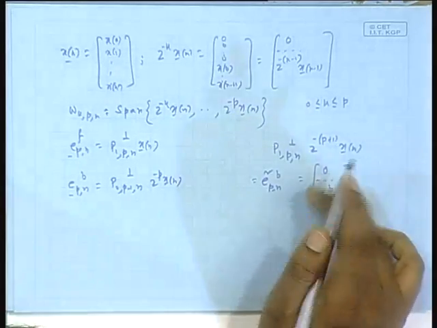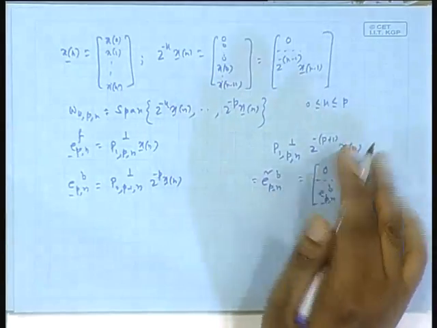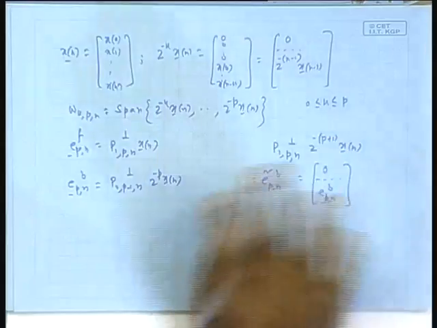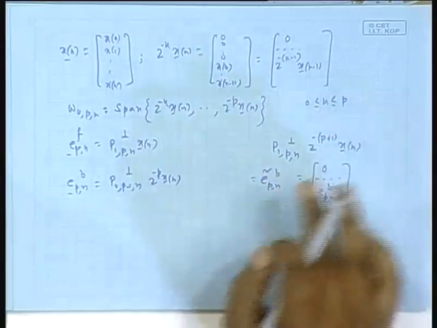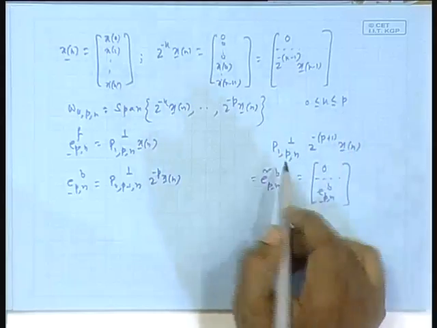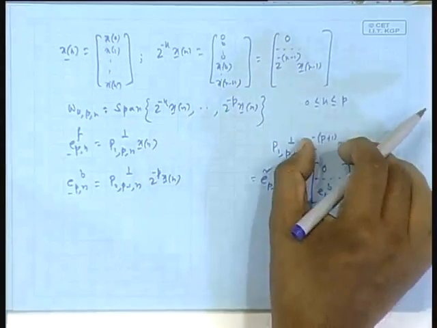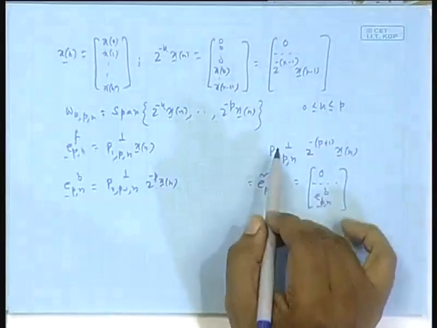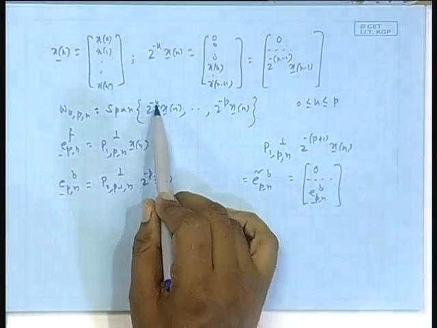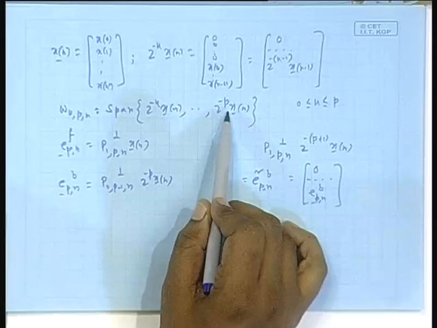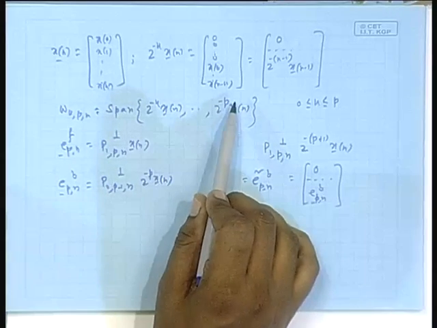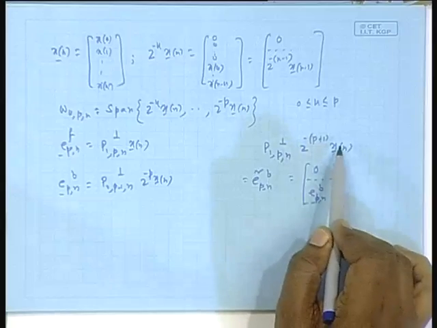Let us again quickly sum up what was there. Instead of the projection error, consider the projection. This is just a recap, but since this is a crucial thing, it will be used again several times today. Forget about the projection error. First, the projection itself. For the error, from this vector you have to subtract this projection. That projection will be what? This guy will be projected orthogonally on the space spanned by z to the power minus 1 x n to z to the power minus p x n. On top of them, the first entry is always 0. First entry of this vector also is 0.